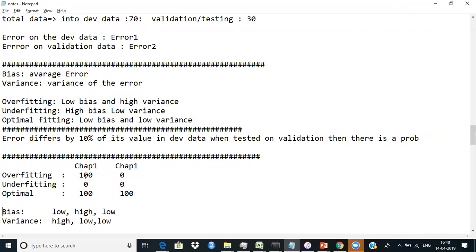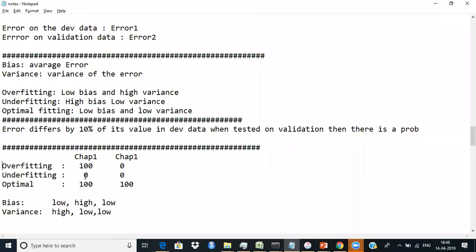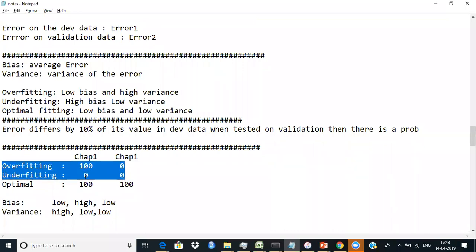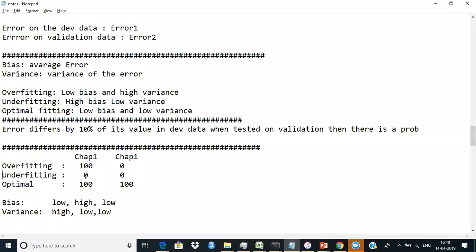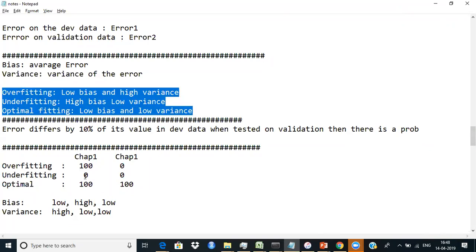Now, when you are building a model... Sir, I do have a question. Error differs by 10%. How can we calculate the 10%? Okay, now let's see, this concept is a little